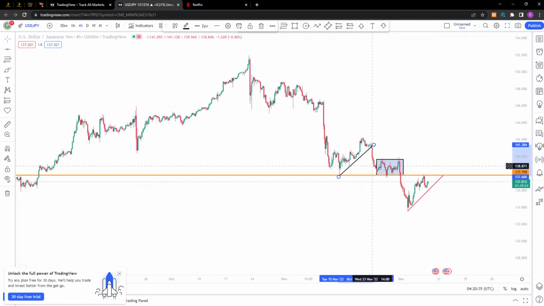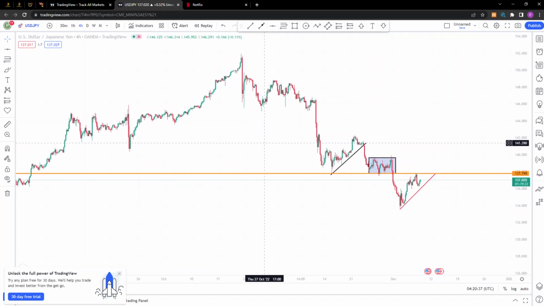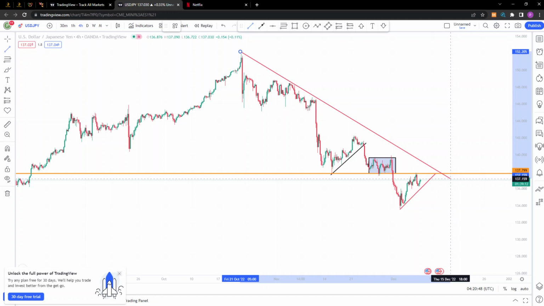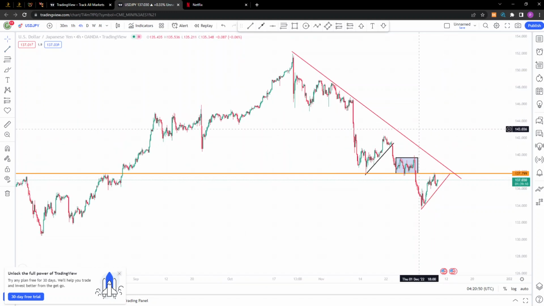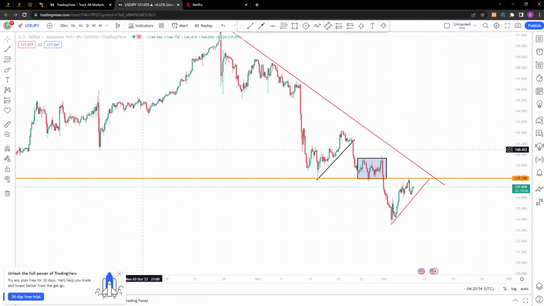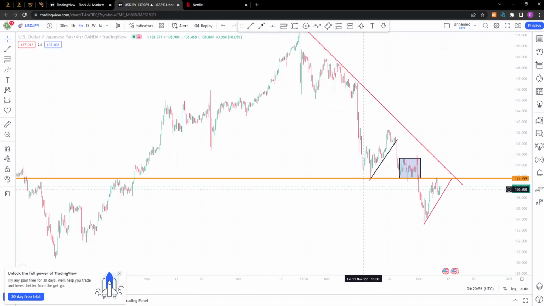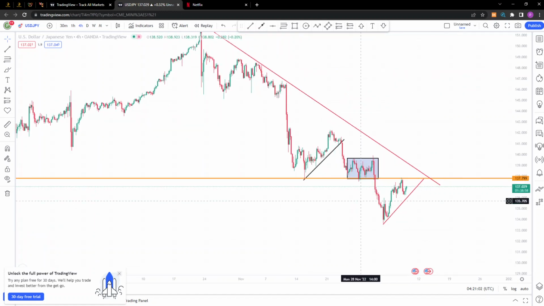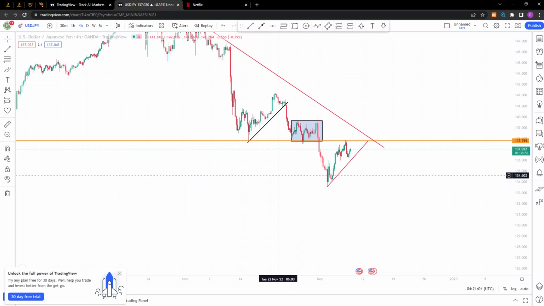So now, what are we actually waiting for? As you can see, UJ is on a downtrend, right? This is its counter trend line. So we're just waiting. UJ has come back into this zone which it respects the most. So this zone, price broke out, came back, respected it. So I'm just waiting for UJ to either